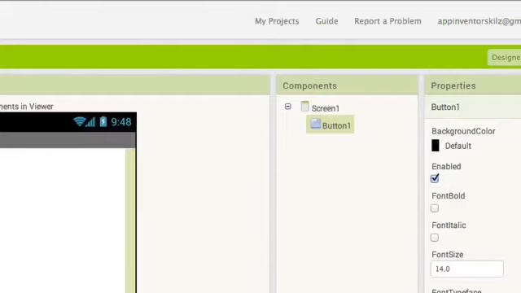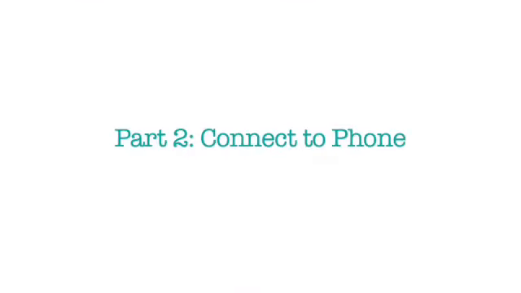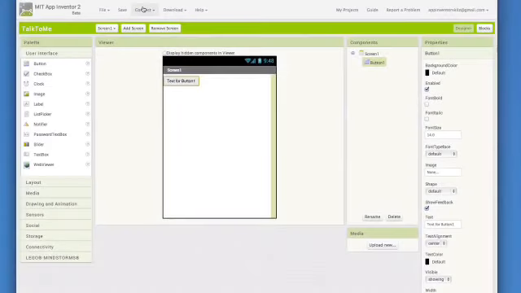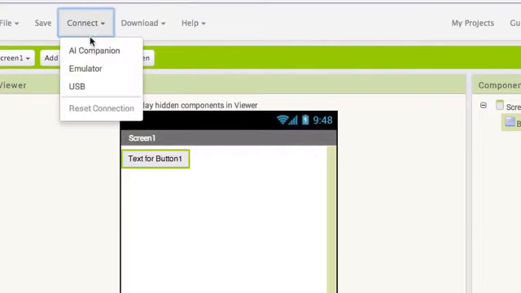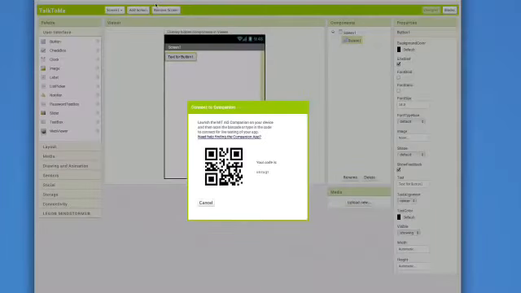To get your Android phone connected to App Inventor, go up to the Connect menu and choose AI Companion. You will need to have the App Inventor Companion app on your phone or tablet. It's very easy to do this. Just click on Google Play Store and download this app.